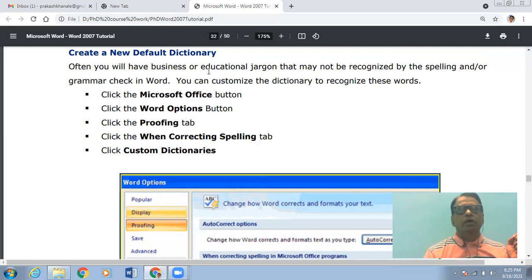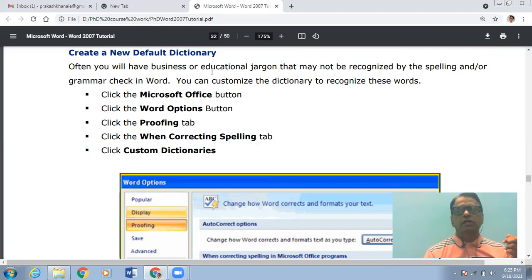So this is a very useful facility because certain words in the research are words which may not be recognized by your regular spelling or grammar check in Word. Because sometimes in the research, we make use of special words.